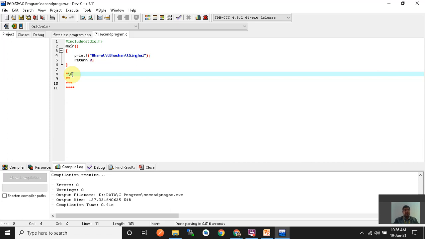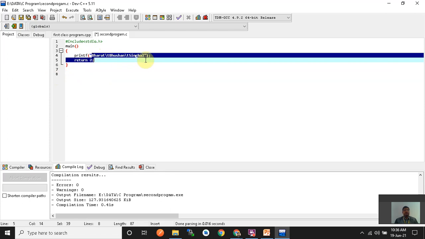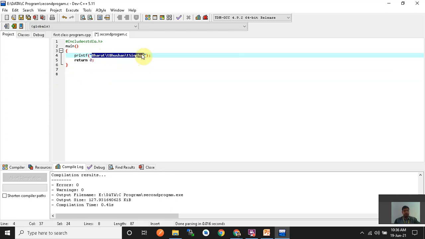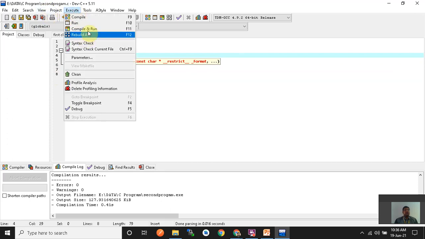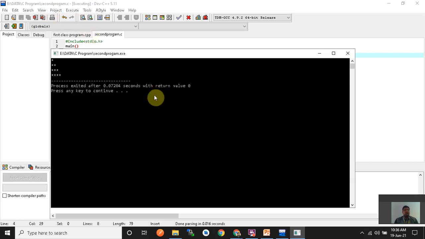So place slash n and remove the enter. Now this string is ready. Now Control S, and paste it here with Control V. Now compile and run, and the same figure is created.